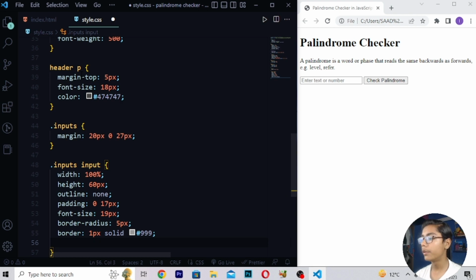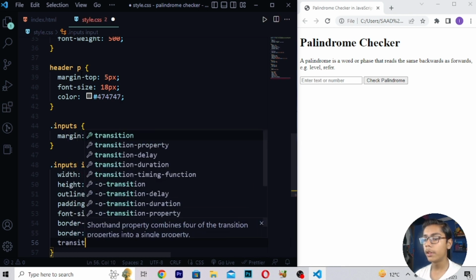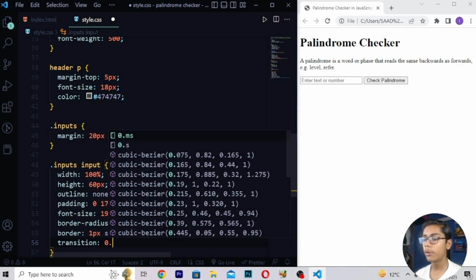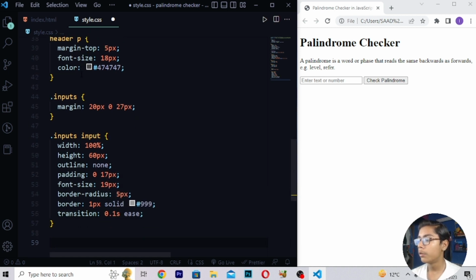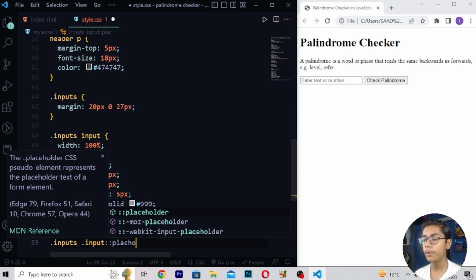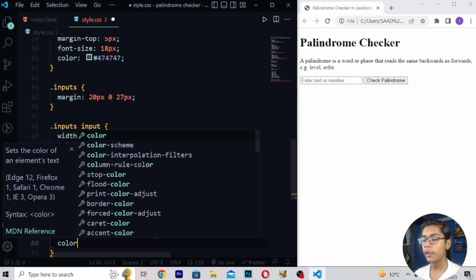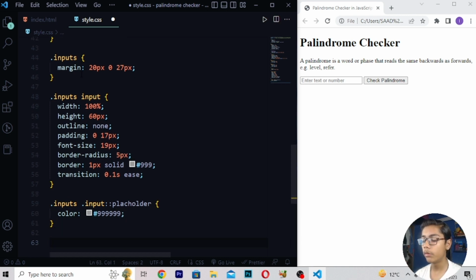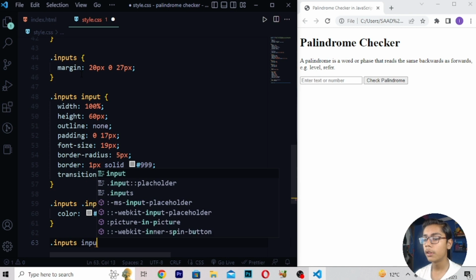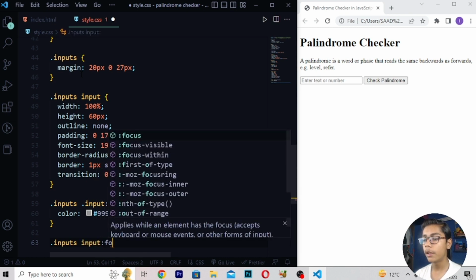Now here you have to move down, then after moving down here I will be writing transition 0.1s ease. Then you have to move down again, and after moving down here I'll be writing .inputs input, placeholder, color which should be #999 like this. Now when you've written all this stuff, here I will be moving down, right here .inputs input focus.